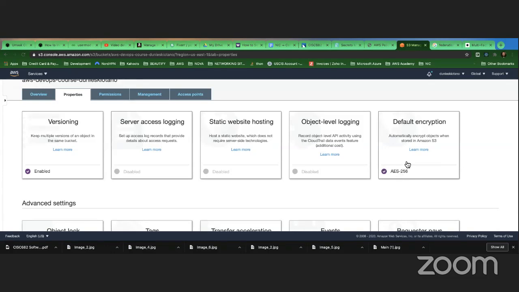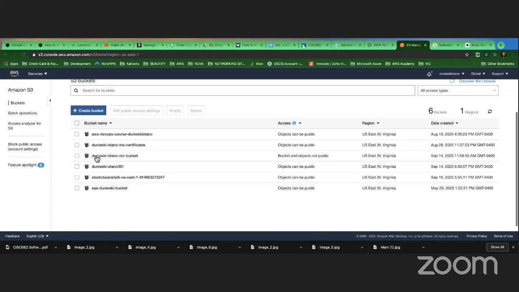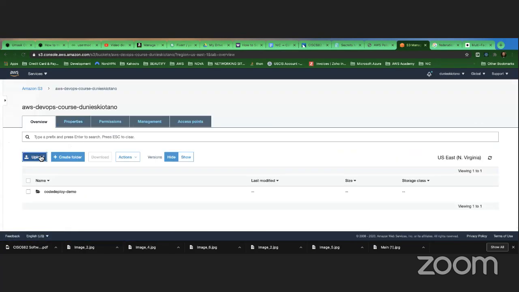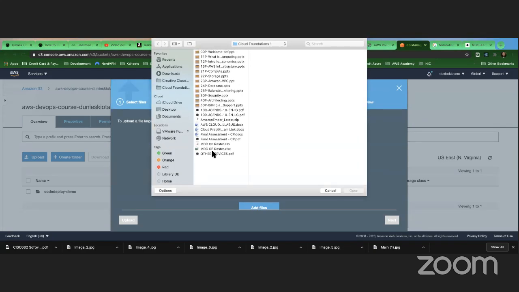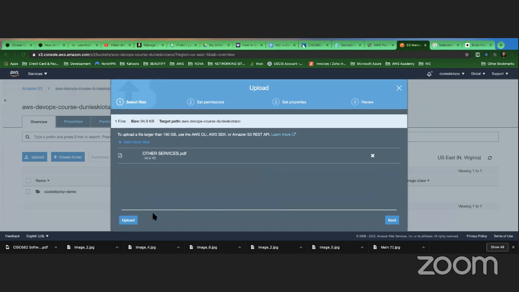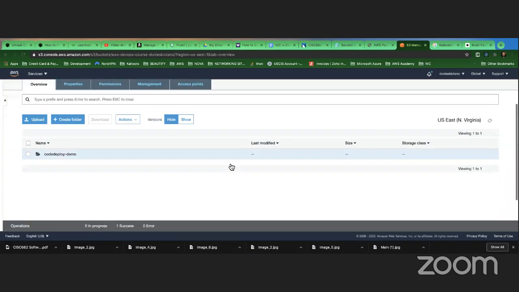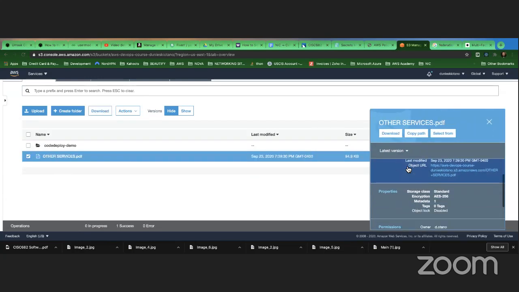Everything. If I upload a file now, let's see, this is the bucket, right? Let me upload just a file, whatever file I want to upload. And then I upload that, right? Right now, if I take a look at that file, it's going to tell me that it is encrypted.